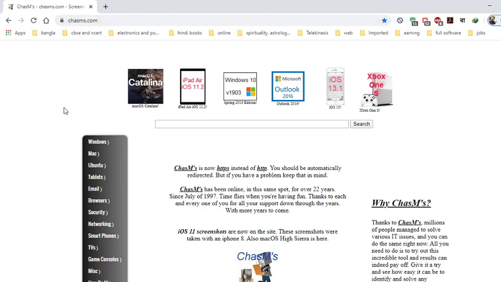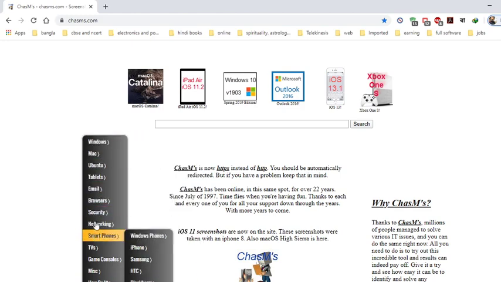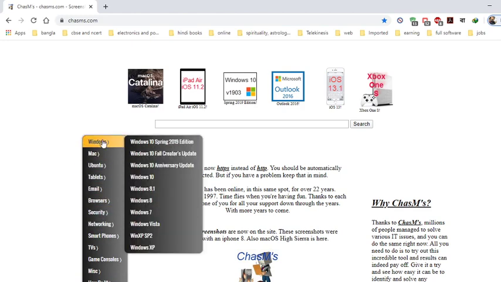It is a simulator which you can open through Google Chrome, and still you can have a feel of the Windows 7 operating system. On the screen, if you check this black bar, you have different types of operating systems. It is a simulator.